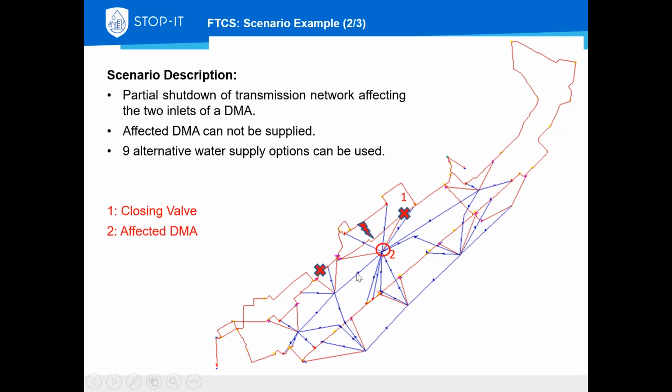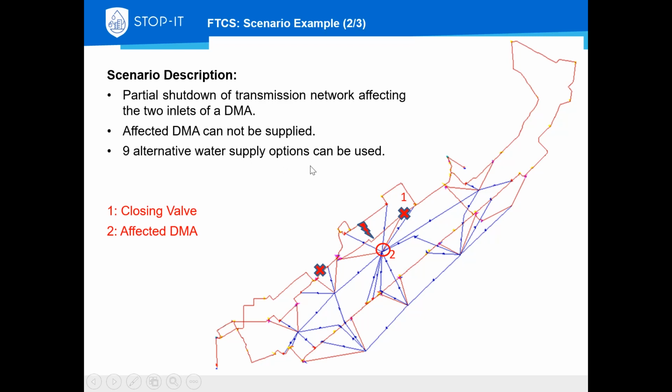In this example, an anomaly occurs in this transmission line. So it must be isolated, closing these 2 valves, and this impacts the water supply of this DMA, because the water cannot be supplied using the normal inlets of this DMA. So different alternative water supply options must be used in order to recover the water supply service at this DMA. There are 9 alternative water supply